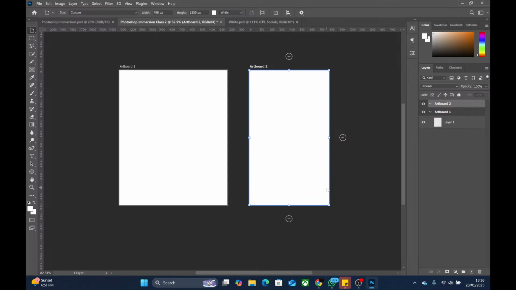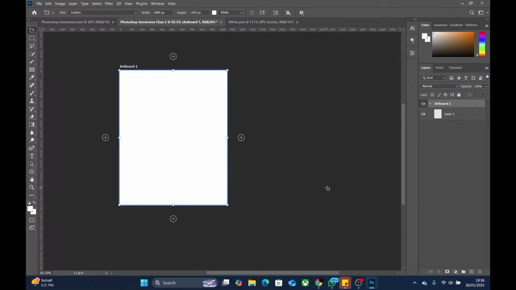So now what I can do, I'll press delete on my keyboard and it disappears. But the tool still remains on the icon. The tool will not disappear until you drop it. And what can you do to drop it? You go back. The tool that must always be on, or at least that you will always need on your mouse, is the move tool, and it is inside this place. So if you click again and hold, you will see the move tool. You can click on it and go out, and your mouse icon, please look at my mouse, will change to what it was. That little arrow, that is your move tool.